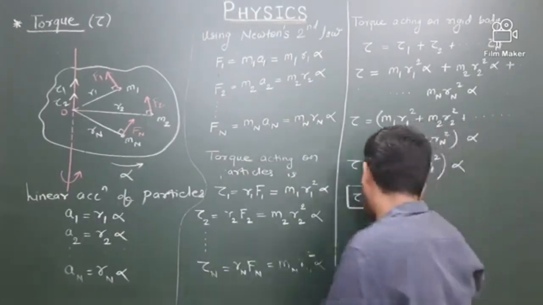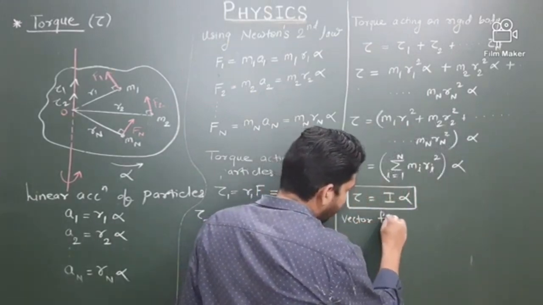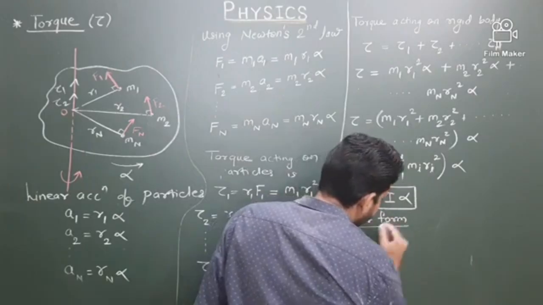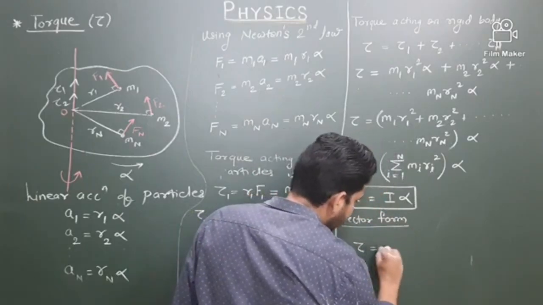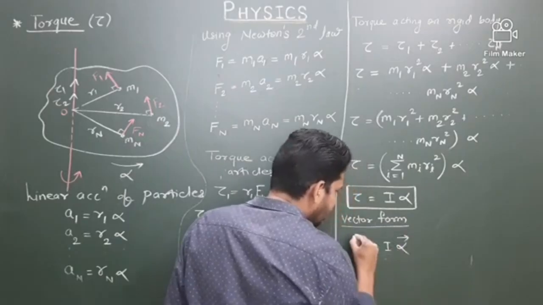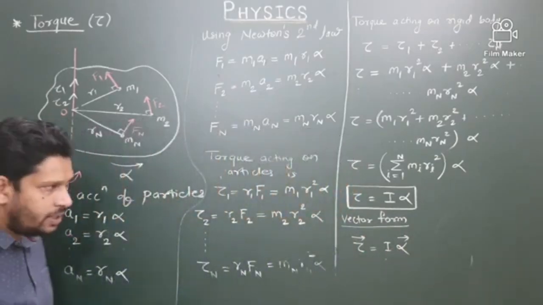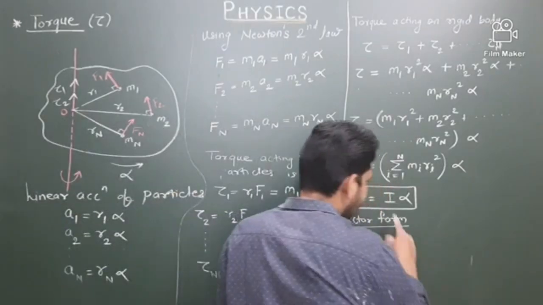ओके, आता लक्ष द्या, वेक्टर फॉर्म लिहू. विल राइट डाउन इट्स वेक्टर फॉर्म ऑल्सो. Torque is equal to I alpha. I is scalar, alpha is vector, so torque is also vector. Okay, ठीक है. SI unit बघा आता,